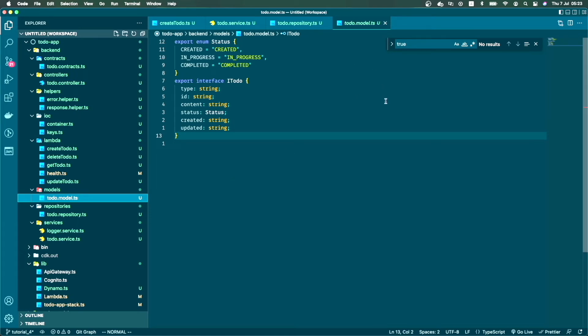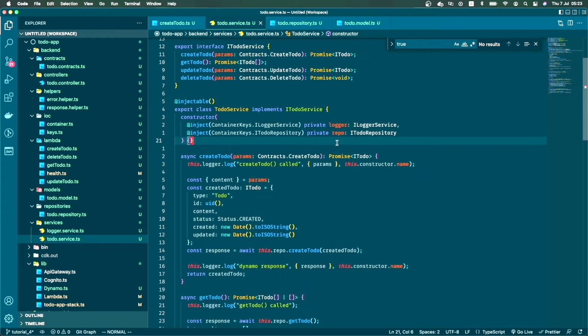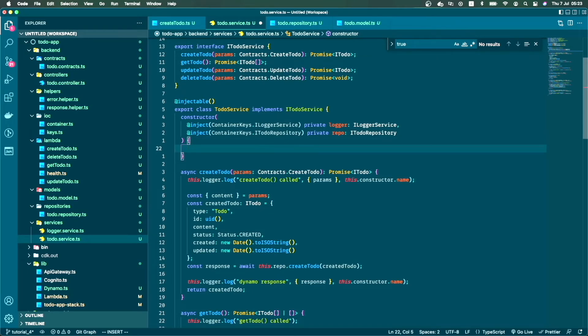There is one more thing I want to mention. In this application, I follow another programming concept called inversion of control. Inversion of control basically means that we try to decouple the dependency between classes, and we invert the control flow of the implementations. What do I mean by saying that? Let's look at this to-do service class. It has two dependencies, the logger and the repo. So instead of writing like this, if I write like so,